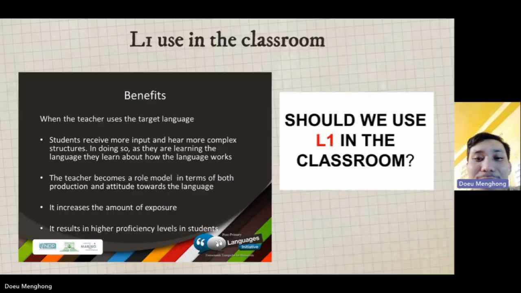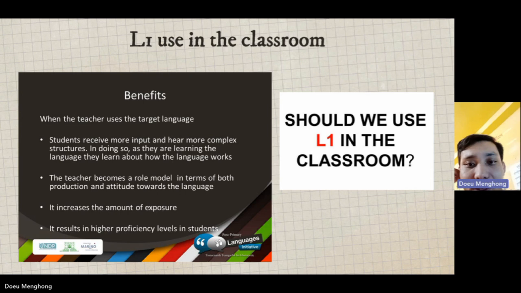Reading teacher. So I am the last presenter of the chapter. My chapter is about the teaching approach and instructional issues, and the last point that I'm going to talk about is L1 use in the classroom. The question that I would like to ask is, should we use L1 in